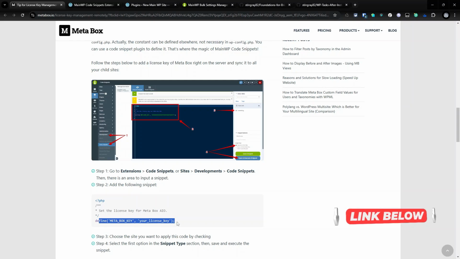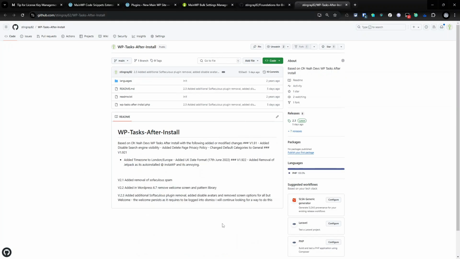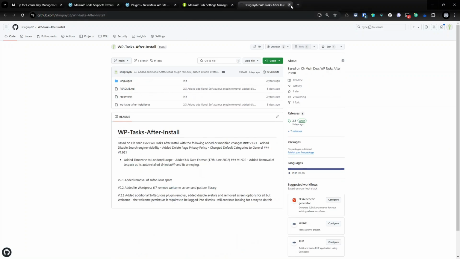because I tend to use a modified version of two of my plugins, one which is a fork of a plugin in the repo that is no longer active, and one which I released earlier this week, which was Foundations, and they have this code in it. My versions of these have these codes in them already, so I don't actually activate these via MainWP. I can remove them both from MainWP, and actually Foundations and WP tasks are both designed to be installed and then deleted. So they activate, they make their changes, you deactivate them. They don't stay there. So that's how I do it currently, but it can be done with the snippet extension,